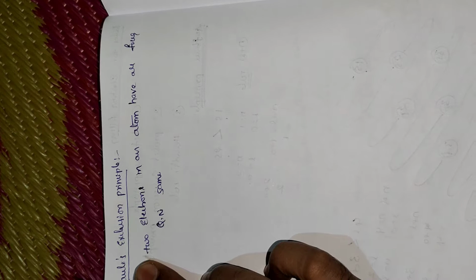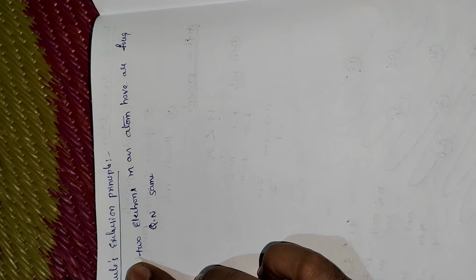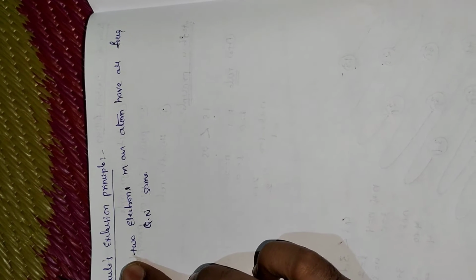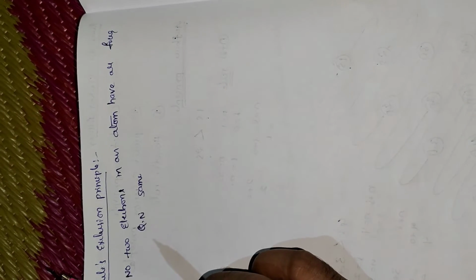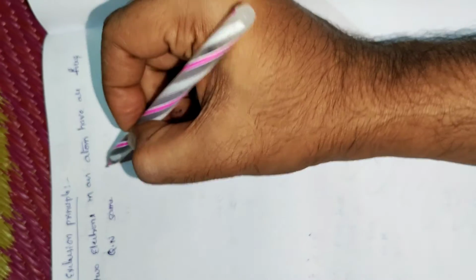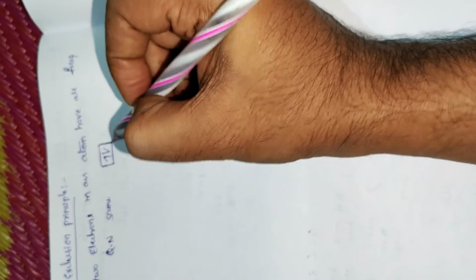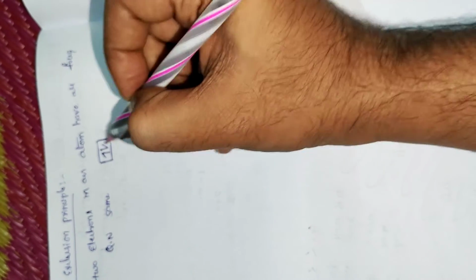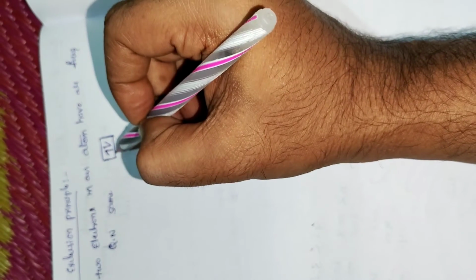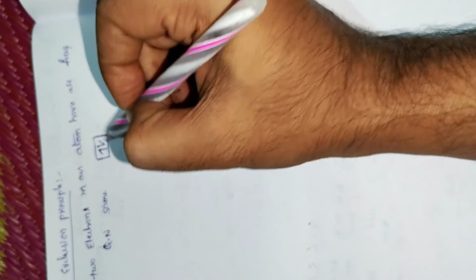So first here we can remove this "no." Now we read the sentence: two electrons in an atom have all four quantum numbers the same. Is this statement correct? Yes. In an orbital, two electrons are there. Of the four quantum numbers, the remaining three are the same, but the spin must and should be different: this one for the minus of, this one for the plus of. That means the spin must be different.